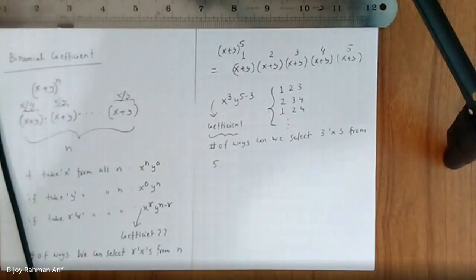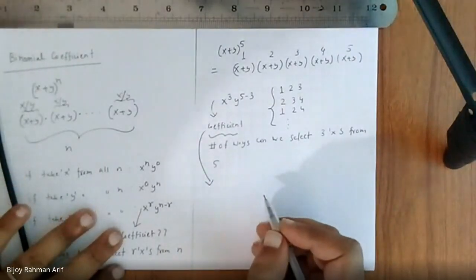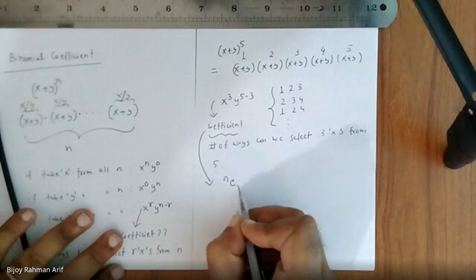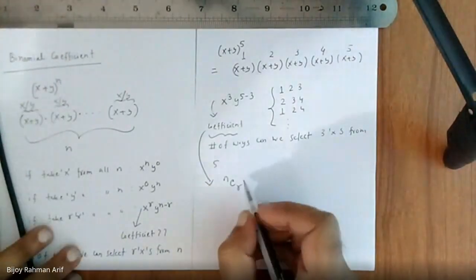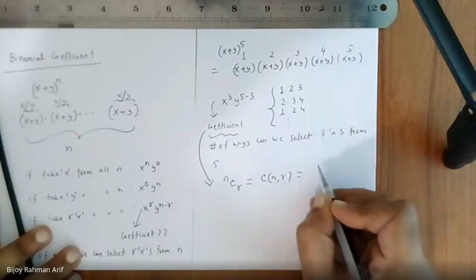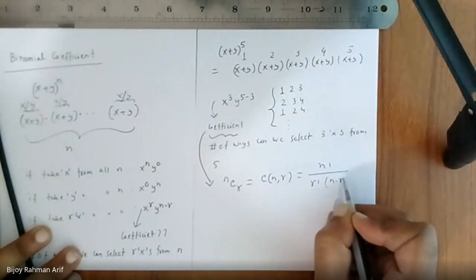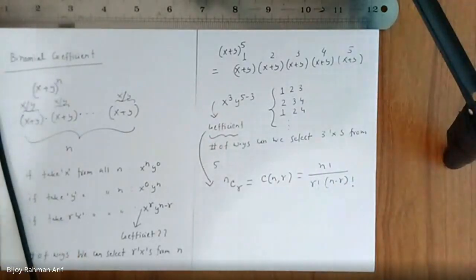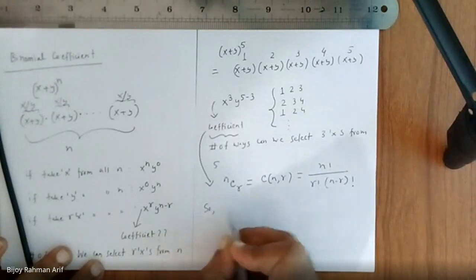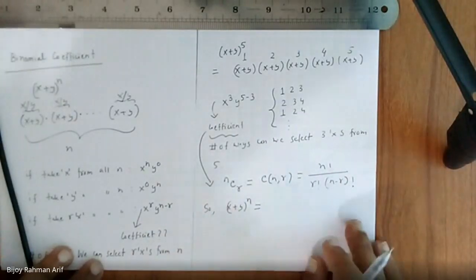So what would be the answer? What would be the answer of the coefficient? nCr, or nCr equals n factorial over r factorial times (n minus r) factorial. So this one: (x + y) to the power n is nothing but